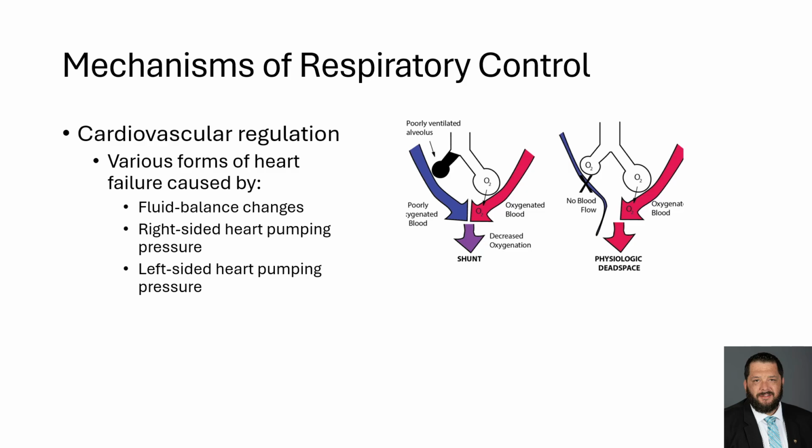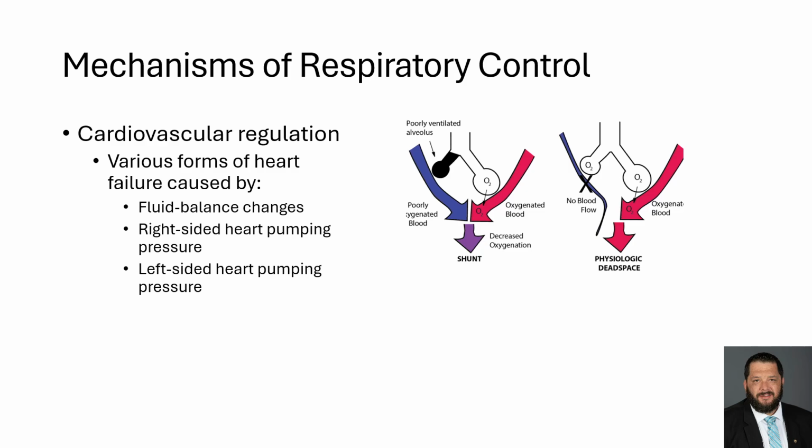But essentially, the heart becomes large and floppy. And as it becomes large and floppy or oversized, it becomes less efficient. And if the right side of the heart is less efficient, it can't adequately push blood into the pulmonary system, thus resulting in reduced oxygenation capacity. The same thing with the left side. If a patient is experiencing left ventricular hypertrophy or a floppy left ventricle, if you will, oxygenated blood can't be adequately